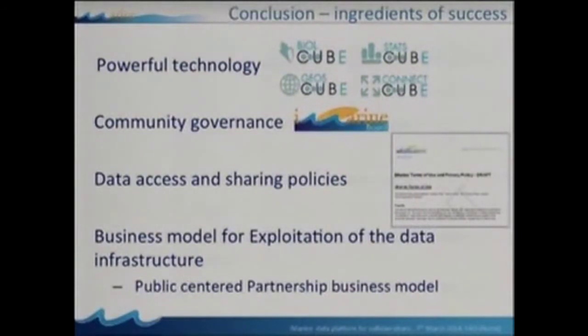My last slide is about the ingredients of success here. A powerful technology, community governance is absolutely key to provide directions and to make sure that the stakeholders are in control of what they will get and how they invest their efforts. Something we have not yet mentioned up to now, but it is absolutely key, are data access and sharing policies. And we have progressed during these 2.5 years